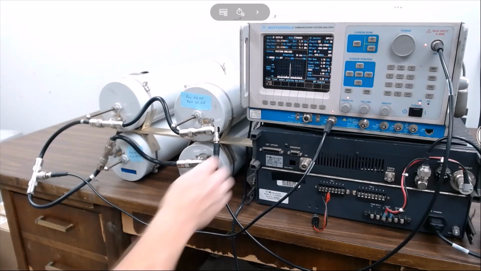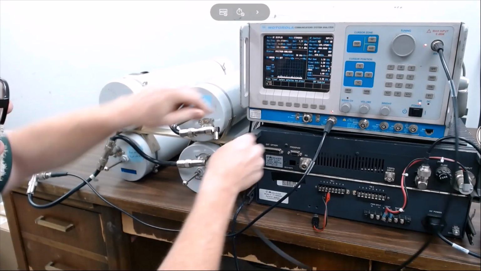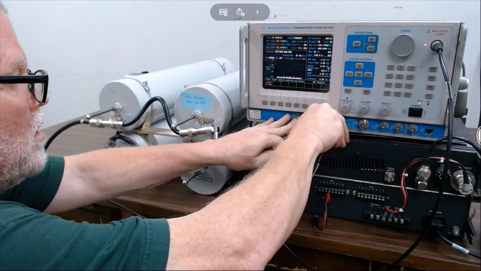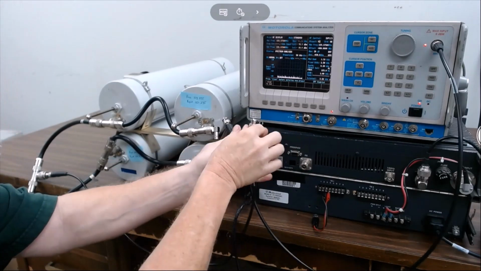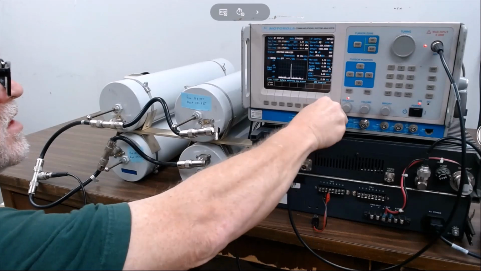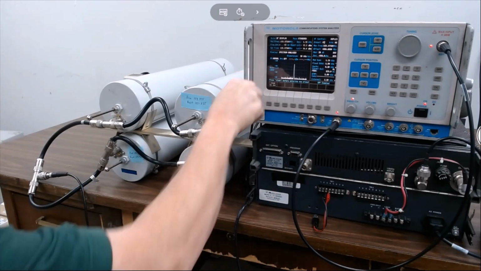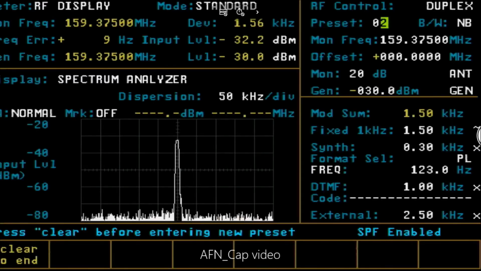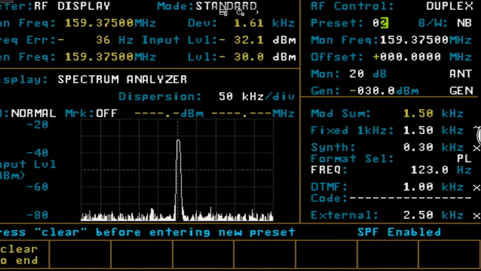To start off with, what we want to do is go over to our service monitor here, and we're going to jumper directly from our output to our input, and this is going to give us a reference level, and I'll show you what we're going to do with that. So let me come into here to the service monitor. Now, right now I'm in duplex generate with no offset, and I'm generating out a minus 30, and I'm receiving back a minus